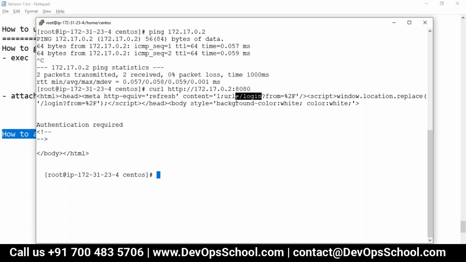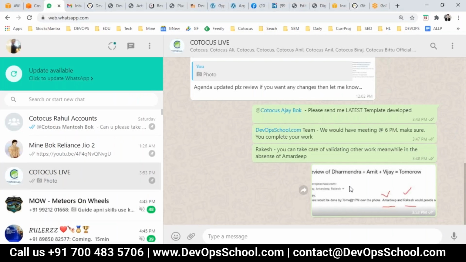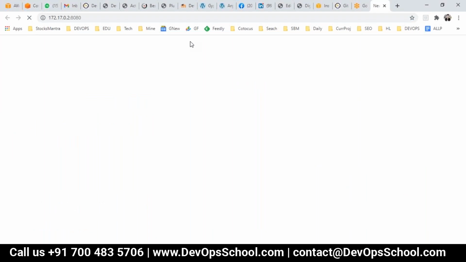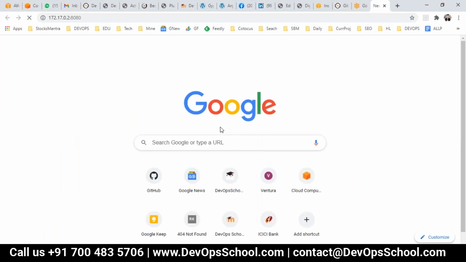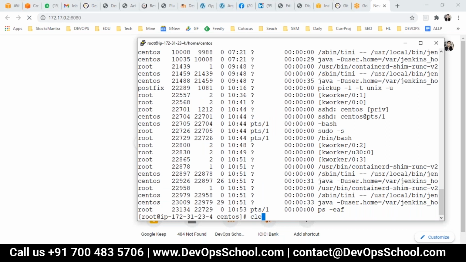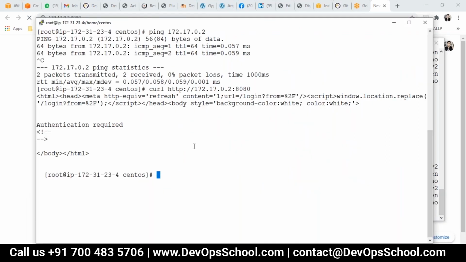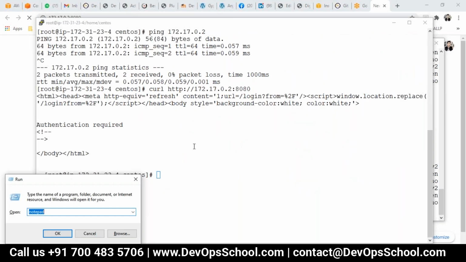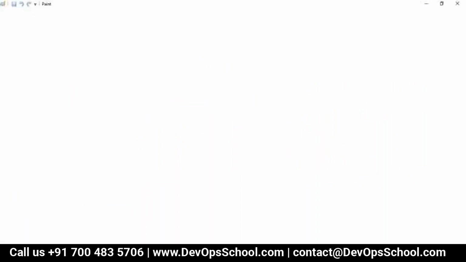Let's understand that. Can I access the same IP address from outside of the host? Can I access? Nope. I cannot access. So before I give you the solution, we need to understand the problem in detail. Okay, so let's understand. This is the last point which I'm trying to help you think about.